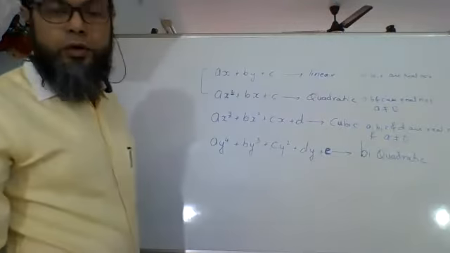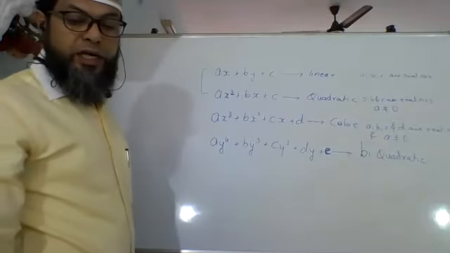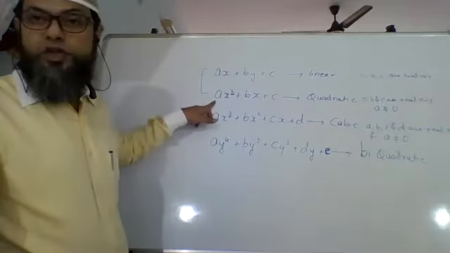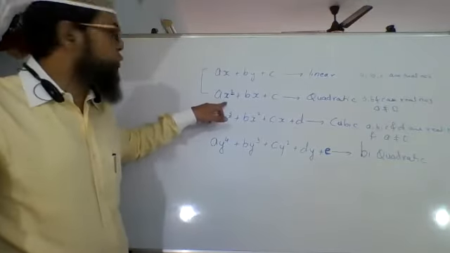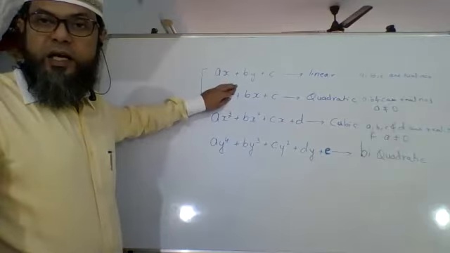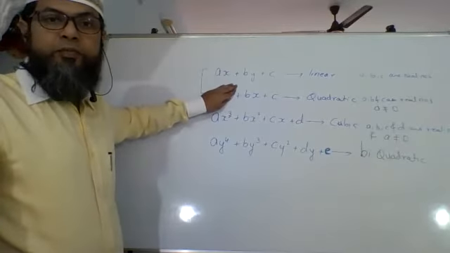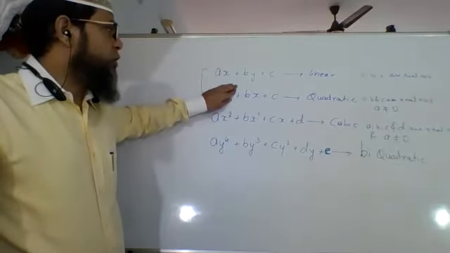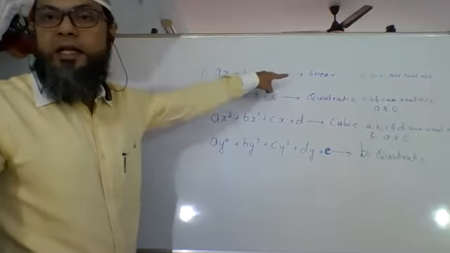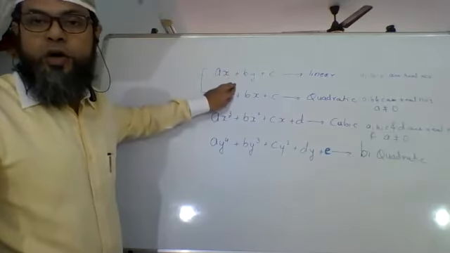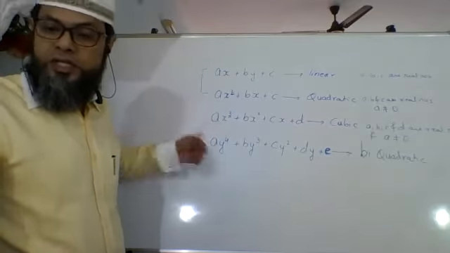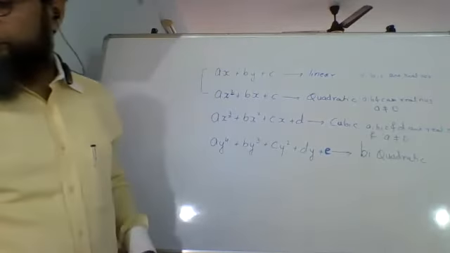When we do the quadratic chapter, we'll see more in detail why A cannot be 0. Because the moment A becomes 0, 0 into x square is going to become 0. So this will be bx plus c. Now if it is bx plus c, the highest power of the variable is 1. And if the power is 1, then it becomes a linear equation and does not remain a quadratic equation. So A cannot be 0. That is what we are going to see more in detail.